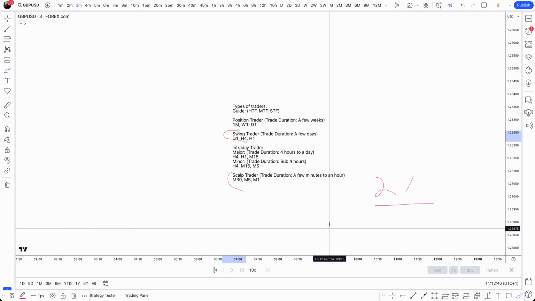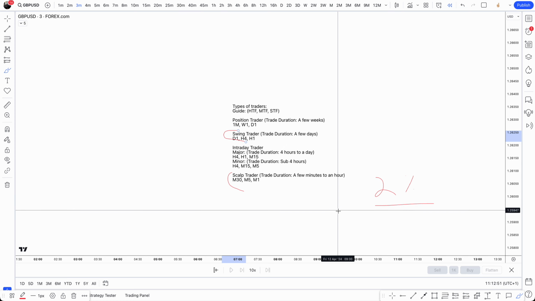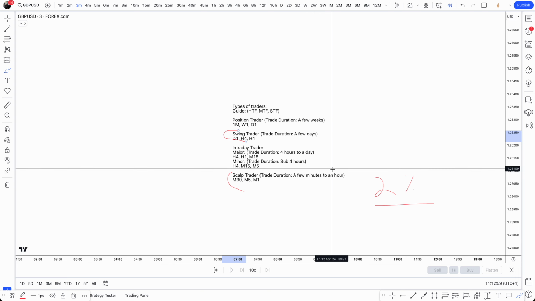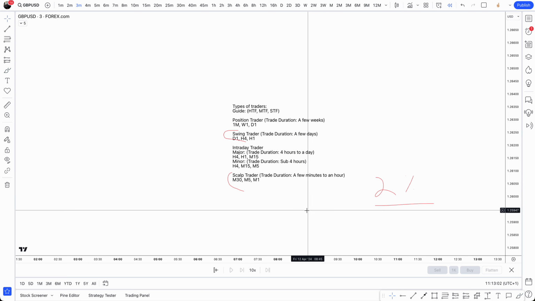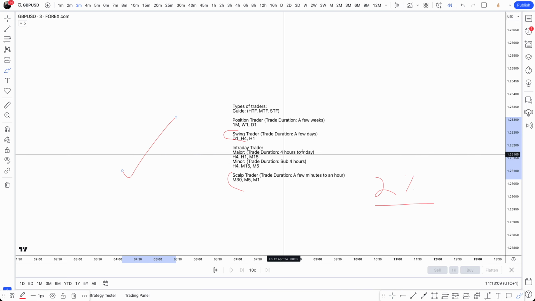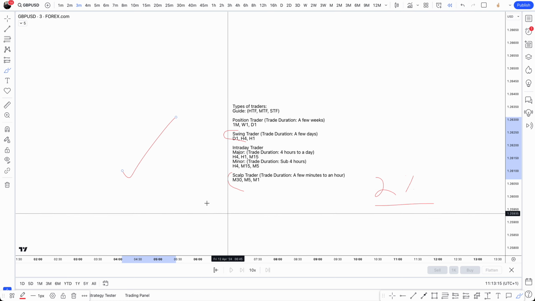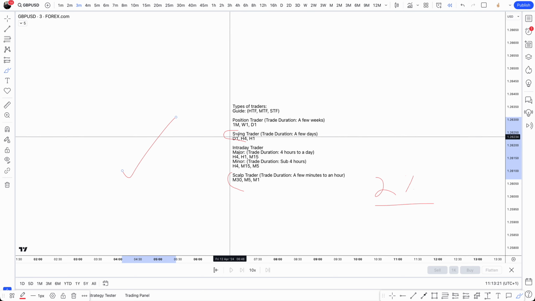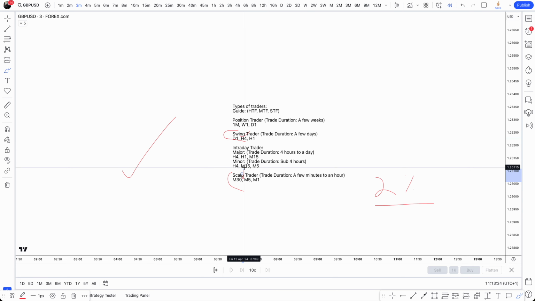So it's all just down to you, and it's also down not just to your situation, but also your risk tolerance, your patience. Everyone's patience tolerance and risk tolerance is different. You just have to figure out what works for you, right? So I really urge and stress this. It's very important before we get onto anything. And I'd like to also mention, regardless of what you pick, the concepts do work on all these time frames, whether that's structure, whether that's things like sponsored candles, inefficiencies, wicks, etc. And the models also do work on every single one of these time frames, right? So you're not missing out if you pick swing, or you're not missing out if you pick scalp.